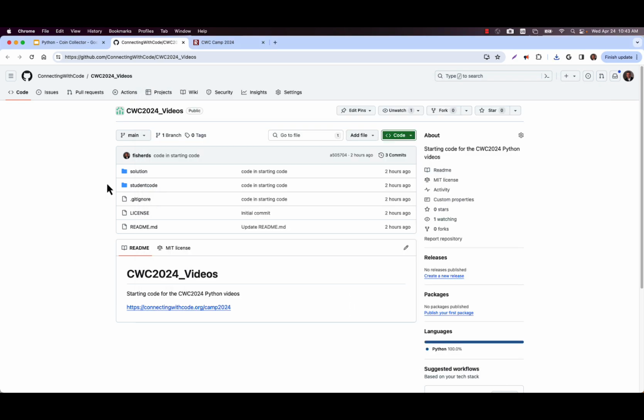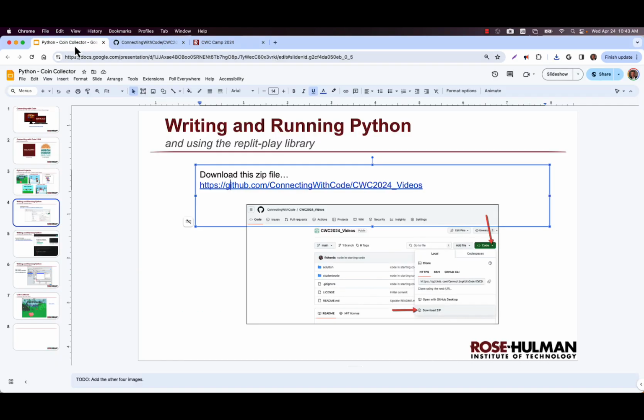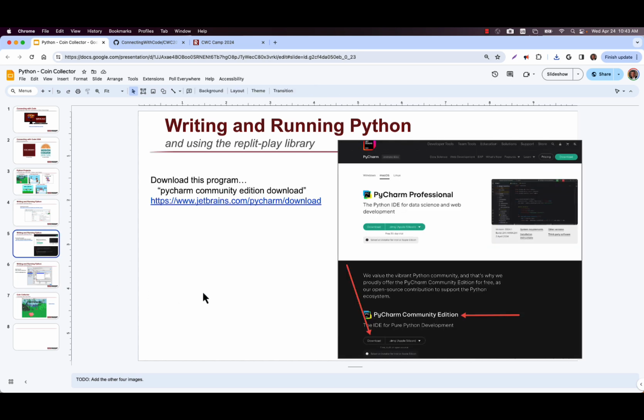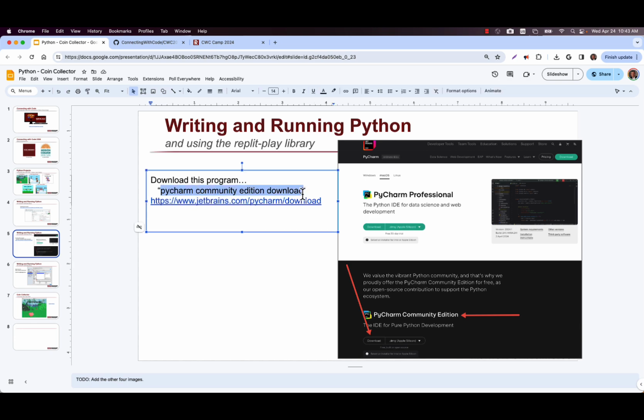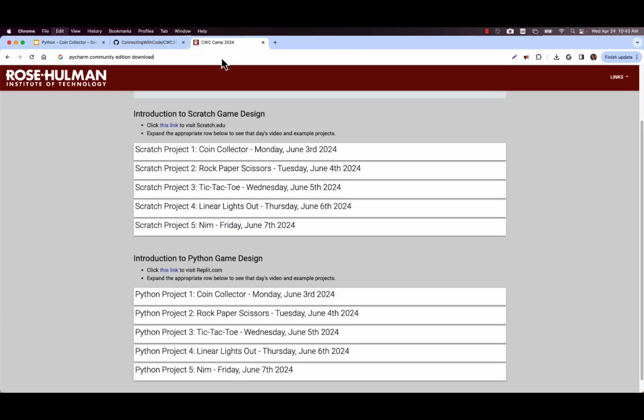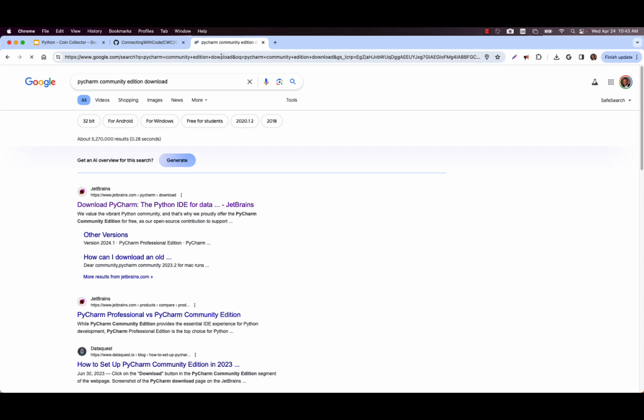And so what I want to do is I want to get a program that can run it. The program that I'm going to encourage you to use is a program called PyCharm. Pi for Python, Charm, just because their company does all kinds of charm things, right? And so you can do a Google search for PyCharm download.